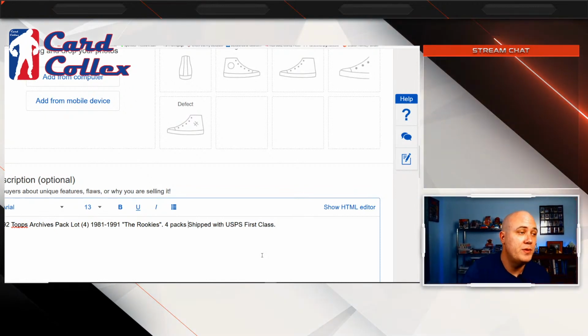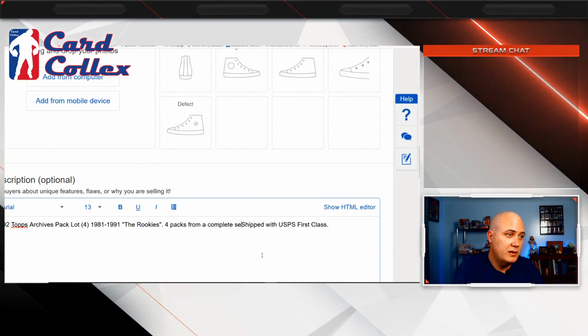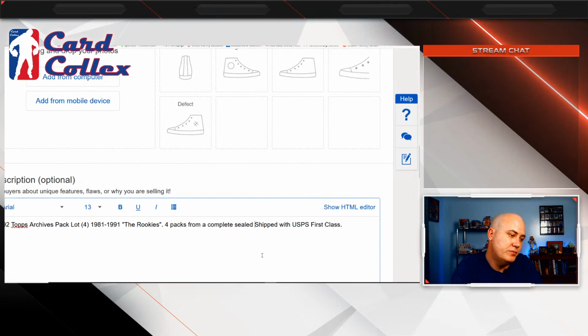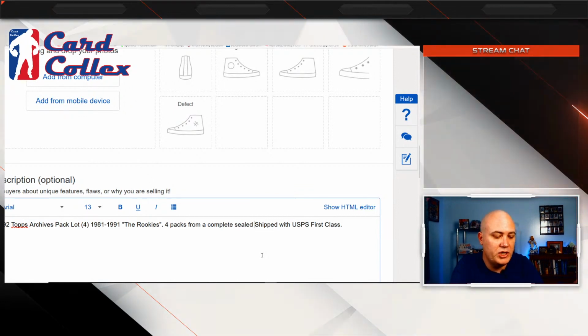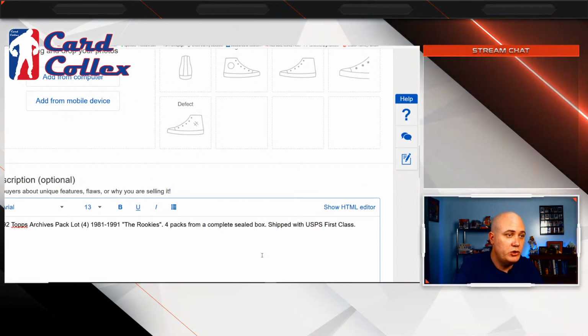So I'll put 4 packs from a complete sealed box, and I'll probably take a picture of the box before I open it, just so it shows it was in pretty good shape before it was open. Sealed box, shipped USPS first class.